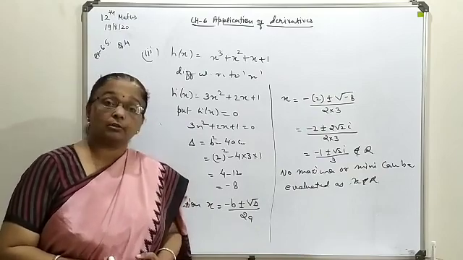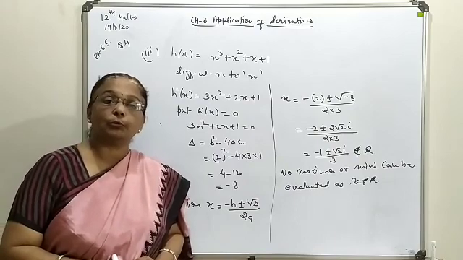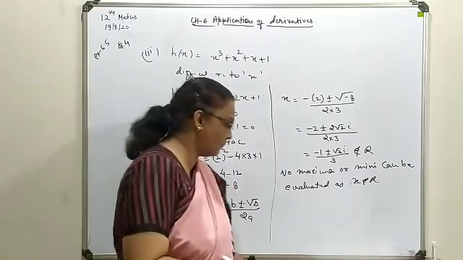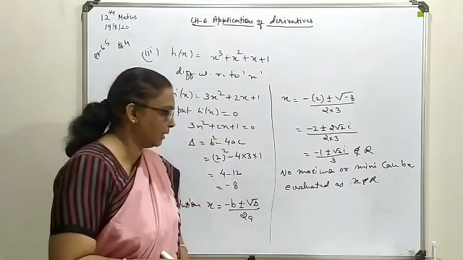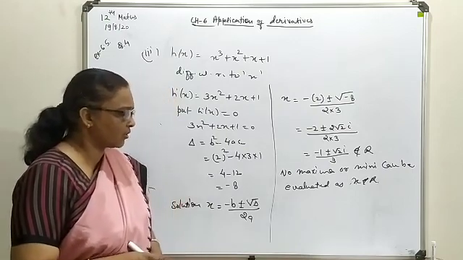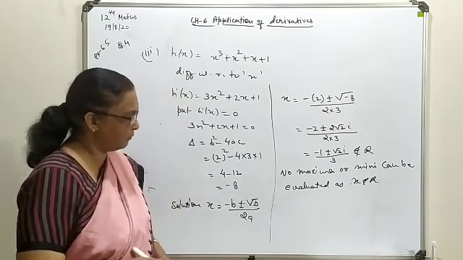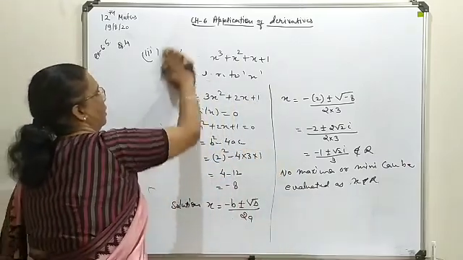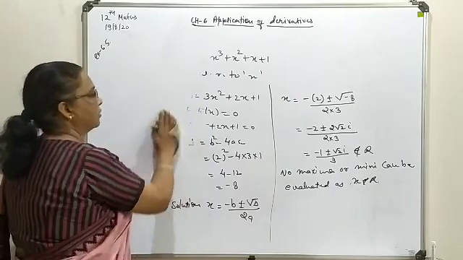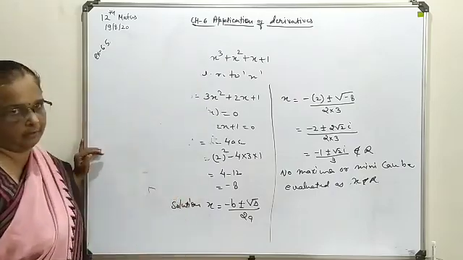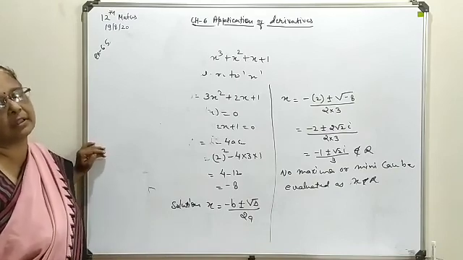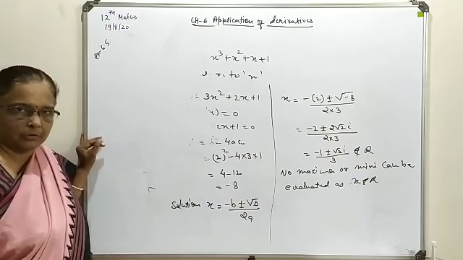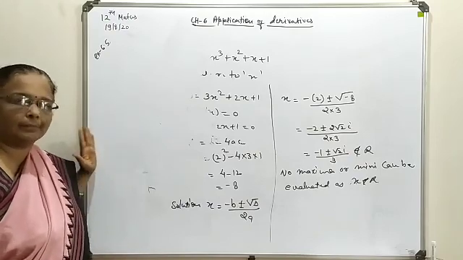So let's try to find out how the absolute maxima and minima are to be evaluated. This is related to your question number 5, in which absolute maxima and minima values are being asked for a given function with the given interval form. When you are talking about the absolute solution, at that time we will not find the second derivative. So in the beginning the process will remain the same. First we will find the first derivative, make that first derivative equal to 0, find the x solution, and then the method changes.